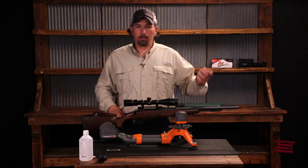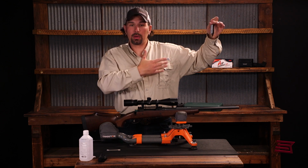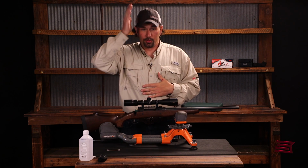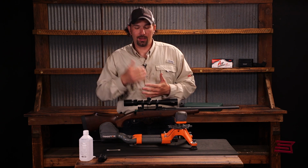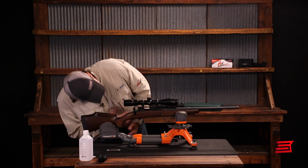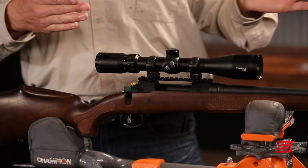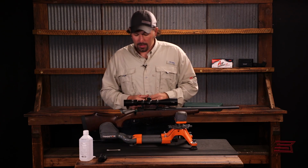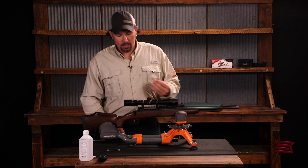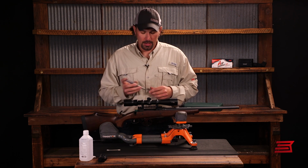I like to use a plumb bob on a string hanging from across the room where I'm mounting. This will allow me to make sure that the reticle is plumb to the earth and not to my eye, which is very easy to do. So using the string level, I will just look through the optic, and I'm just going to adjust the reticle in line with that string right next to it. At that point in time, I'm confident that the scope has been mounted properly, it's in the right location. We've verified our eye relief, and we can go ahead and begin the process of actually hard securing the rings